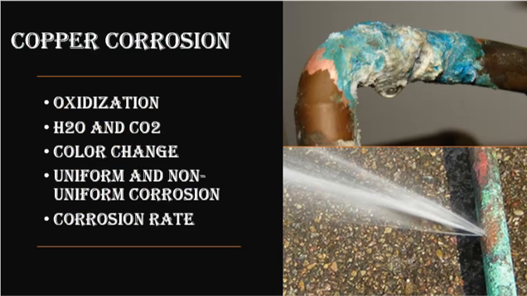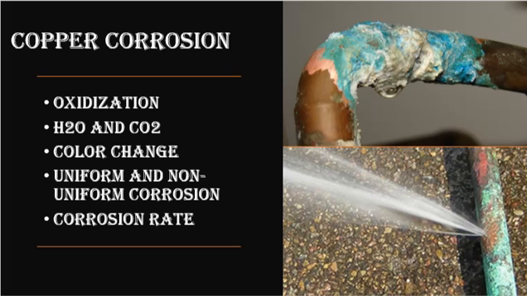As for corrosion of copper, it is done by what is called oxidization. It is where a metal, copper in this case, loses or gives up its electrons. Oxidization of copper can be caused in the presence of water or carbon dioxide. Both of these chemical makeups can oxidize and degrade pure copper and cause it to turn a blackish brown color and then eventually turn green,